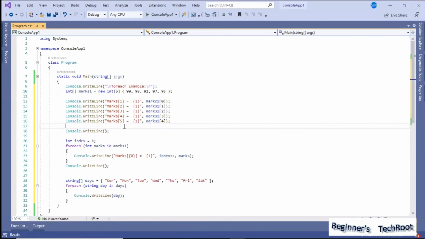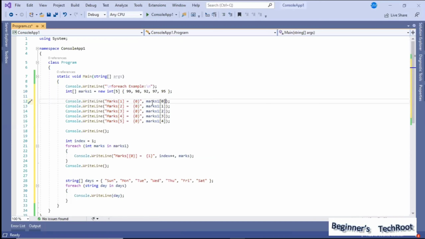So instead of repeatedly writing statements like this, here, as we are using only one subscript variable as a parameter, we need to start from 0.